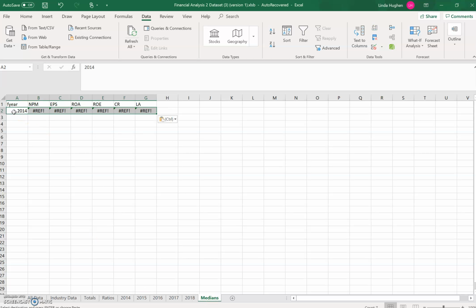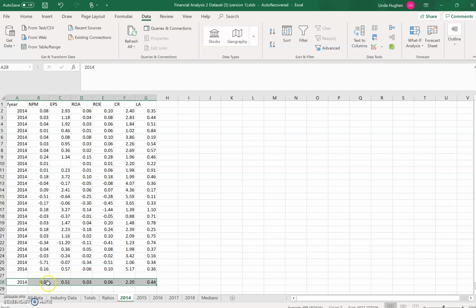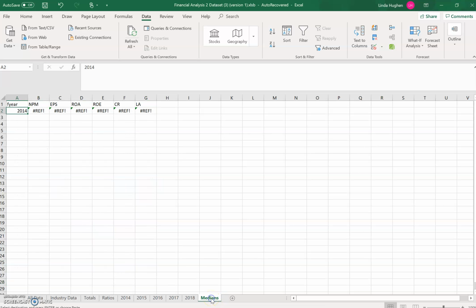Now, if I were to paste with Control V, I'm going to get this message. This is an error message saying it doesn't understand what the references are. Why? Because I just pasted the formulas and not the actual values. So I'm going to come back, Control C, copy those 2014 values, formulas,